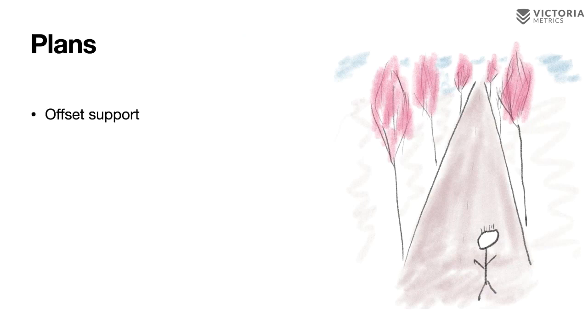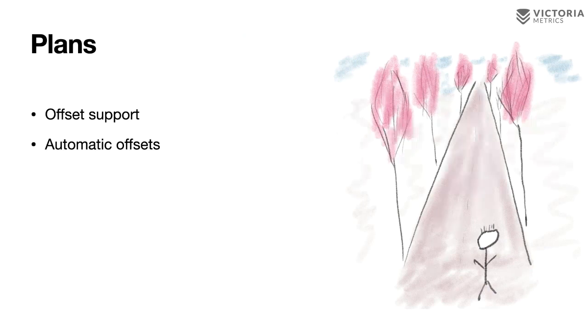The first idea for improvement was offset support, because right now HDR histogram starts from 0. But what if you want to have a lot of details and your default values are more than 0? And the second idea is having automatic offsets for HDR histograms, because that can be calculated if you just store some values inside the memory, like the first 100 or 1000 values, you can store them in memory, and because of this you can